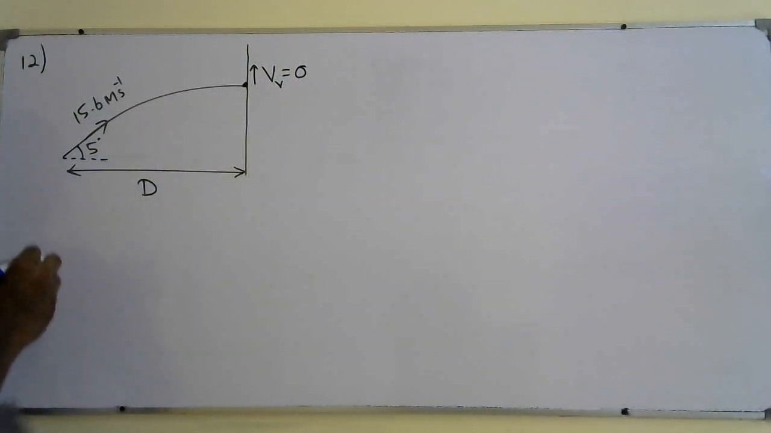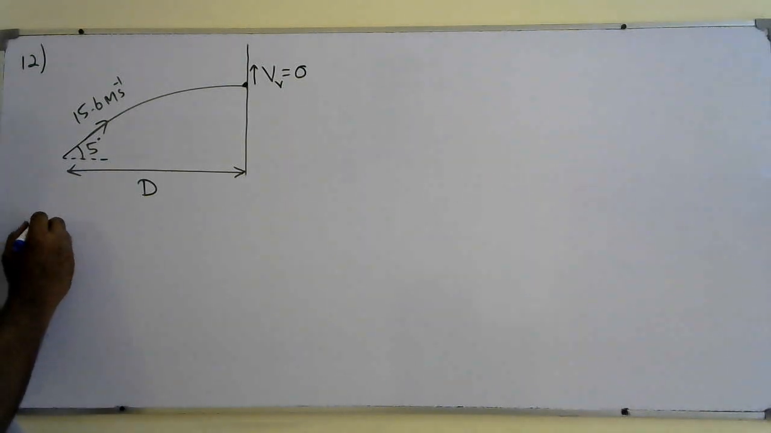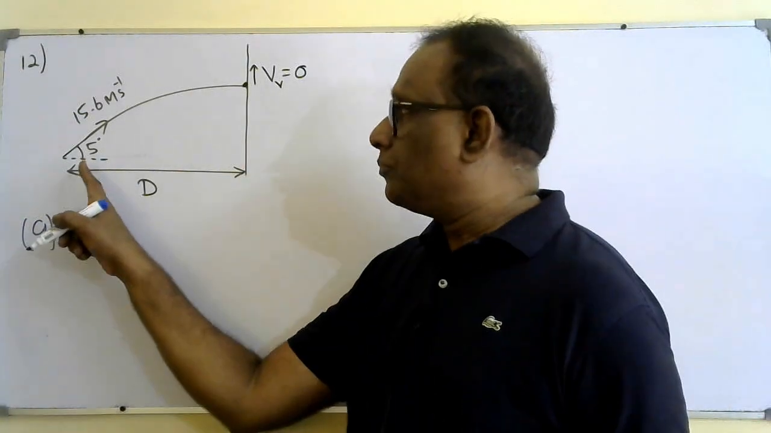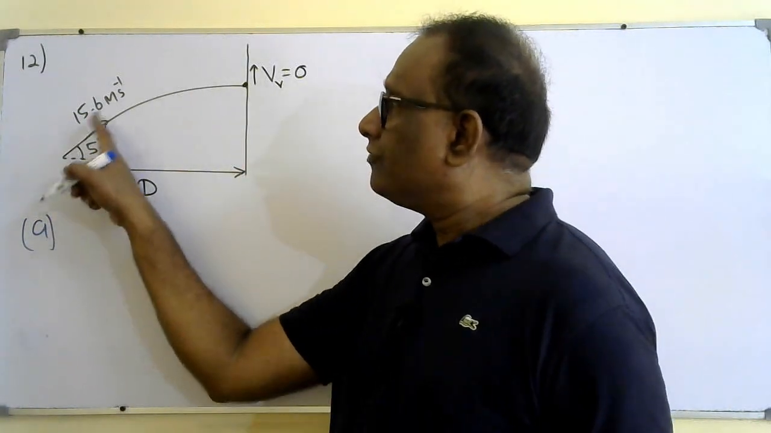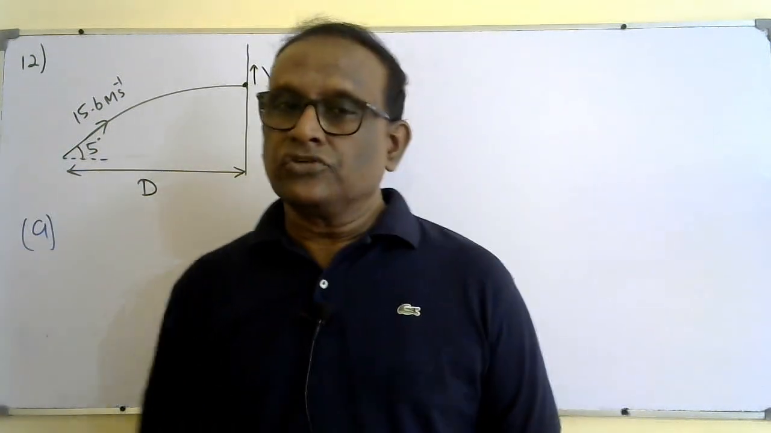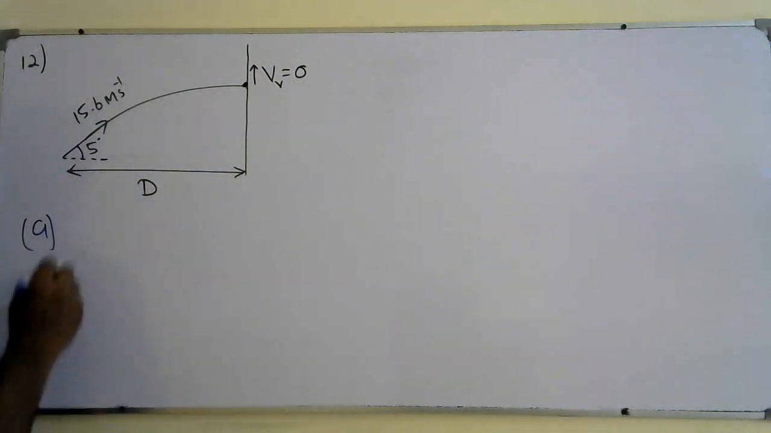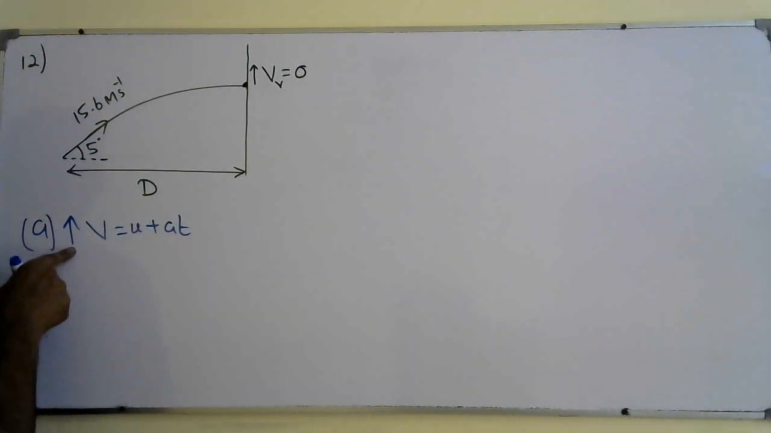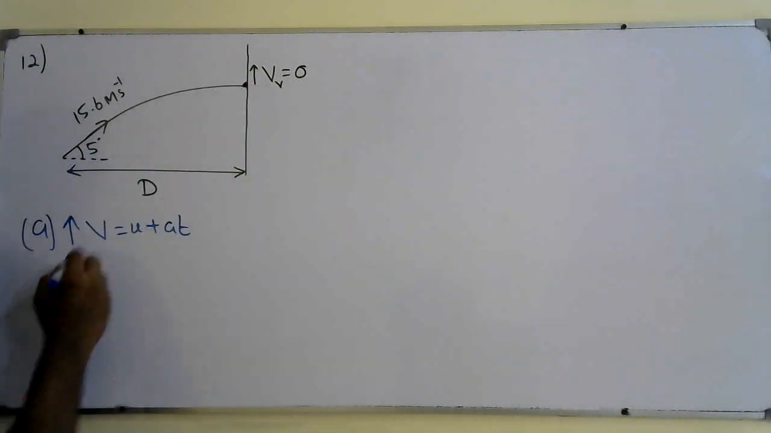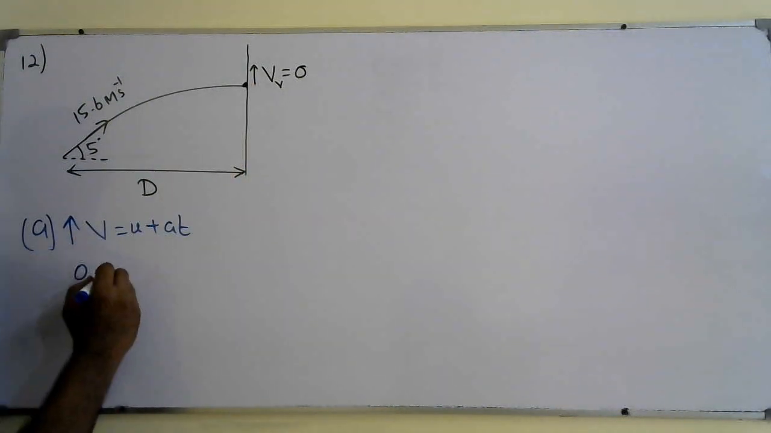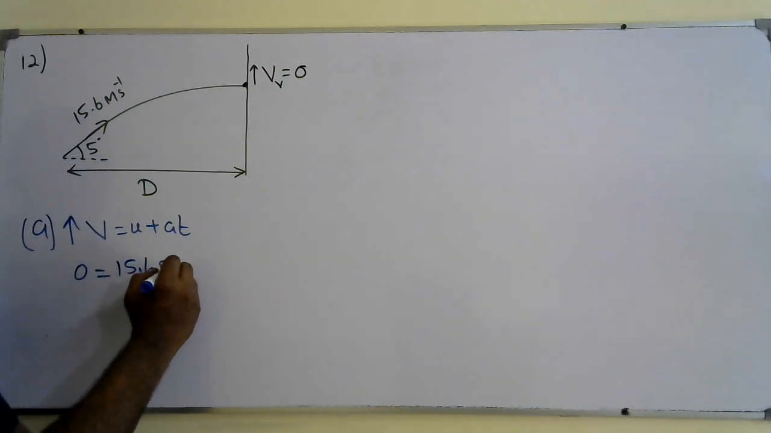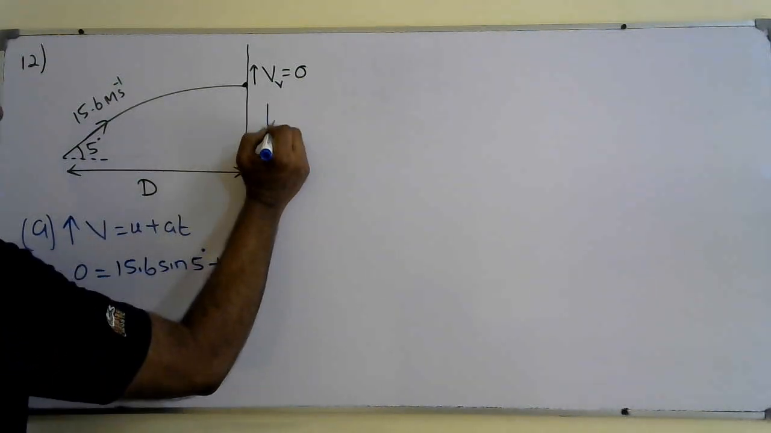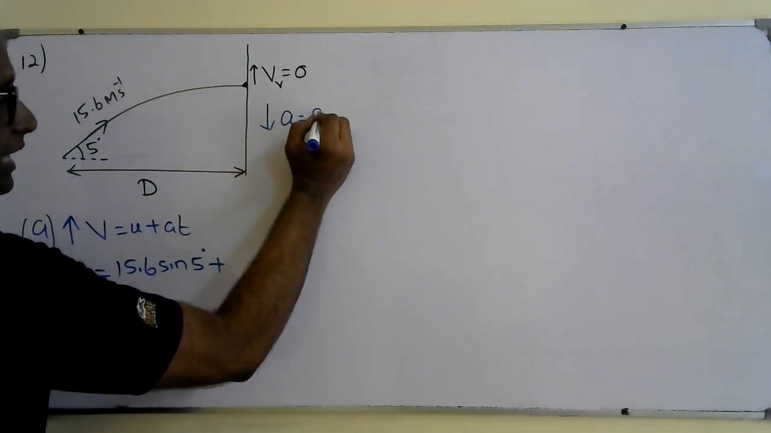So we can decide which equation to use. We know the final speed, which is 0. We know the initial vertical component of the speed, that is going to be 15.6 sine 5. So v equals u plus at we can use. In the vertical direction, the vertical velocity here is 0. Initial vertical velocity 15.6 sine 5 plus a, the acceleration, which is going to be downwards 9.81